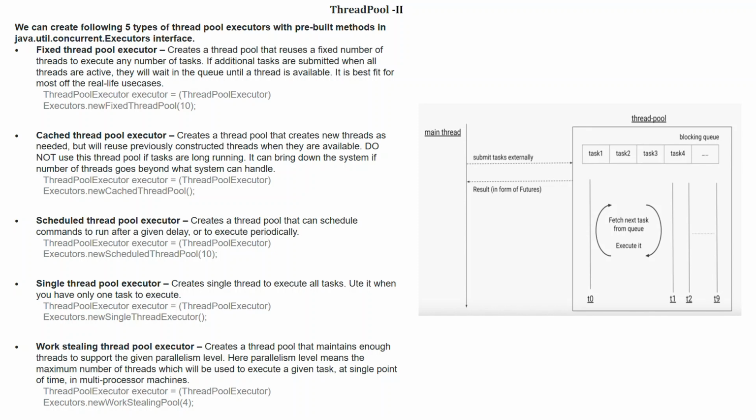Here parallelism level means the maximum number of threads which will be used to execute a given task at a single point of time in multiprocessor machines. ThreadPoolExecutor executor = Executors.newWorkStealingPool(4);